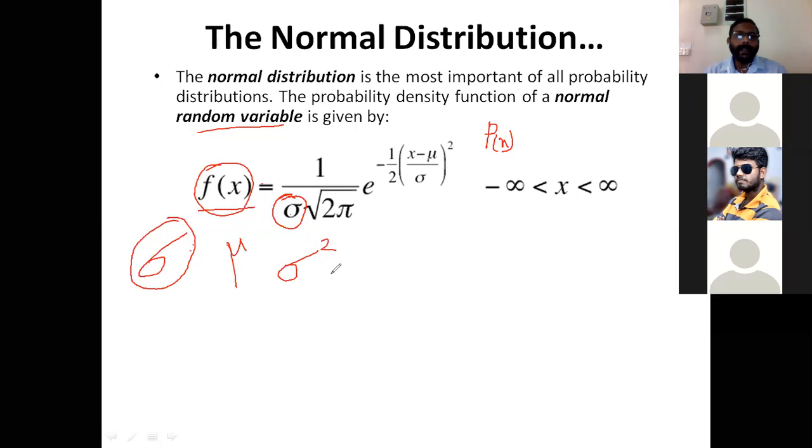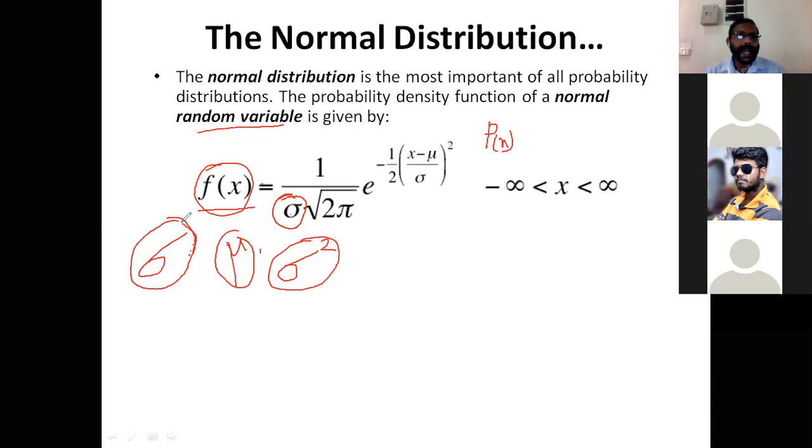Mu is the population mean. Sigma squared is the population variance. Not deviation. Sigma is the population standard deviation. Don't forget that. So this is the population mean, and this is the population variance. If you take the square root of the population variance, you will end up with sigma,